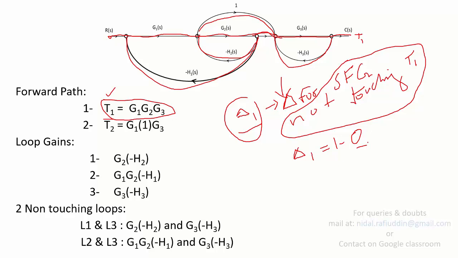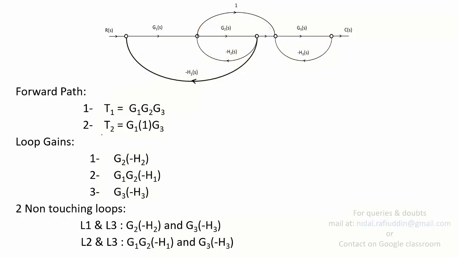Now likewise, if you want to identify delta 2, you will have to identify the SFG which corresponds to the forward path T2, which is this one. This is T2. And then I will have to identify the part of the SFG that doesn't touch this T2. In other words, if you erase the path T2 and all the elements of the SFG that are associated with it or that are touching it, what part of the SFG remains? Can anyone answer? What part of the SFG remains which doesn't touch T2?